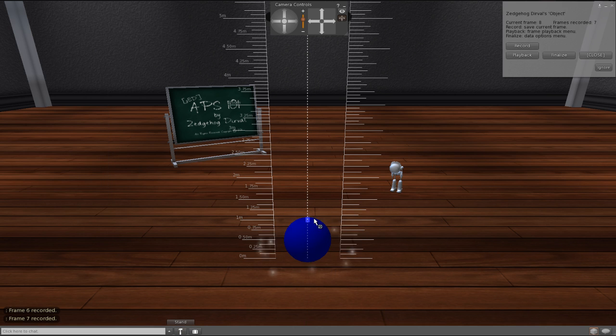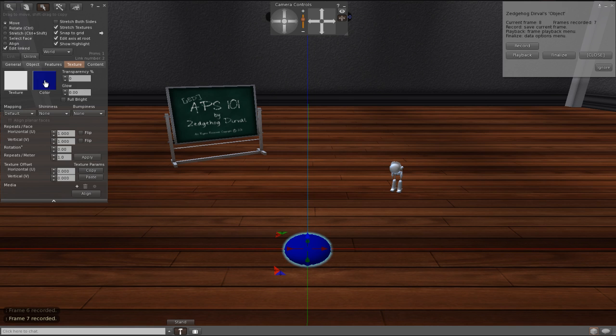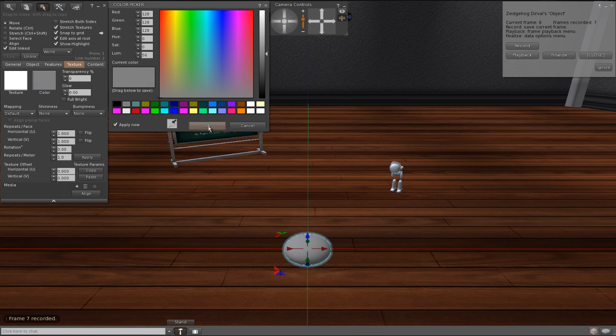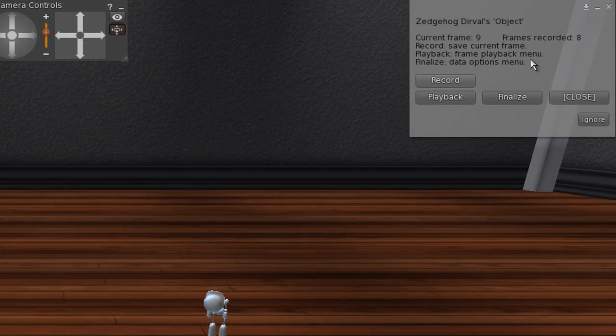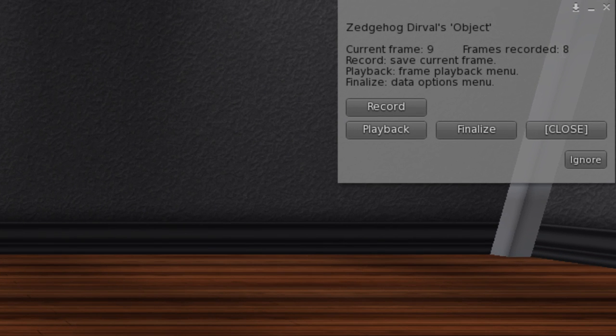And for the last frame before it goes into a box, I'm just going to squish it down again and take it back to grey, and that'll be its last frame. So it says 8 frames recorded. Technically there's 9, but we don't really include the 0 in that number. So now to show you that the next frame